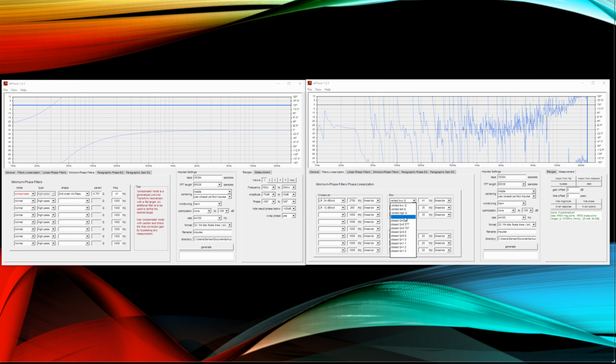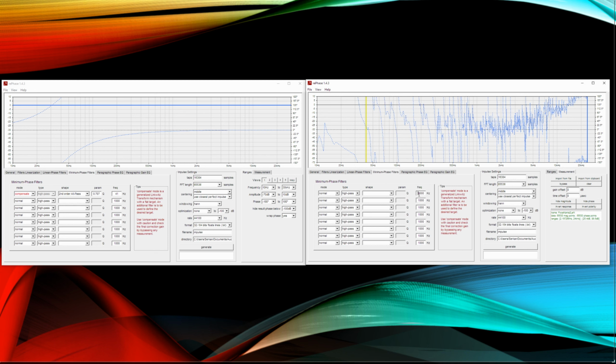Instead of using this one, you can just as well go to minimum phase filters and frequency 41, port frequency, second order all pass, and time reversed, and just play with the Q constant and make it perfect for your speaker. So instead of 0.7, in fact a Q of 0.6 could even be a better match for my speaker,